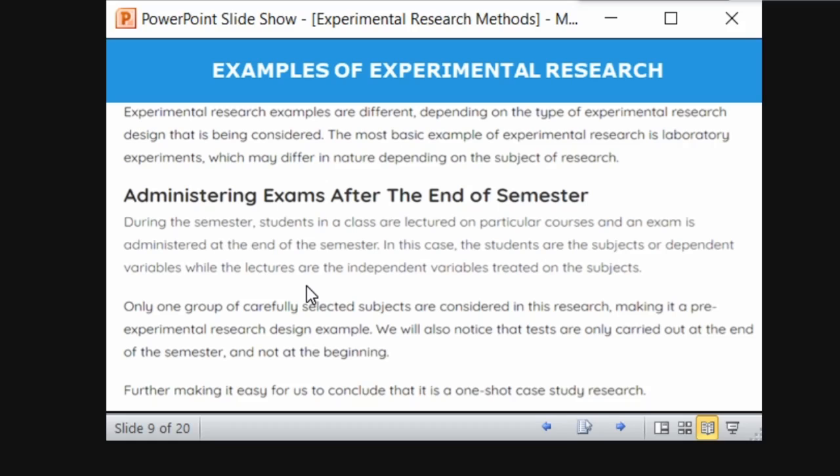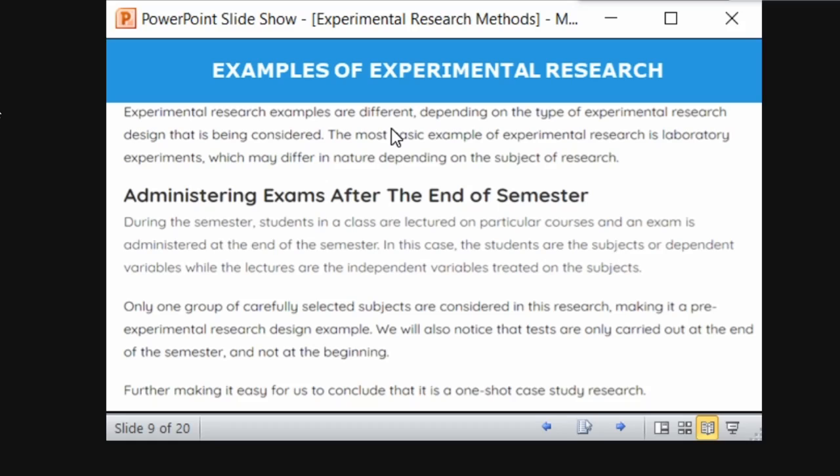In this case, students are the dependent variables. You are the dependent variables. Remember, the lectures are the independent variable, treated on the subject, not the lecturer, not me. Lecture means the class. That is the independent variable. So now you understand what is dependent and what is independent. You are getting some treatment, and the independent variable is stationary, giving the subject material. Here the independent variable is the lecture and the dependent variable is your student. You are gaining knowledge from the independent variable.